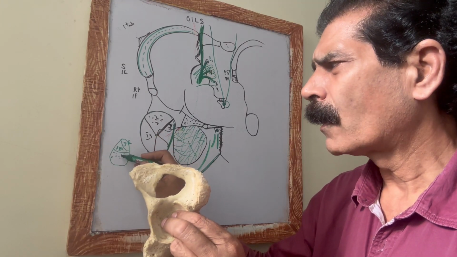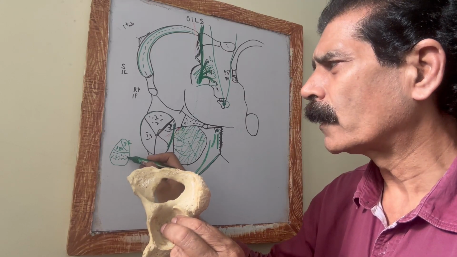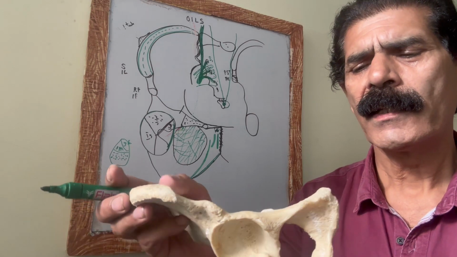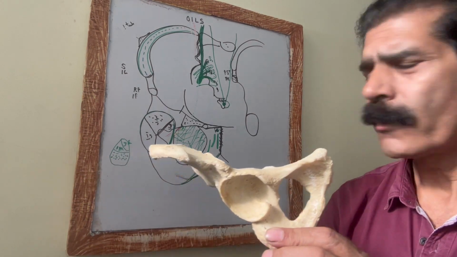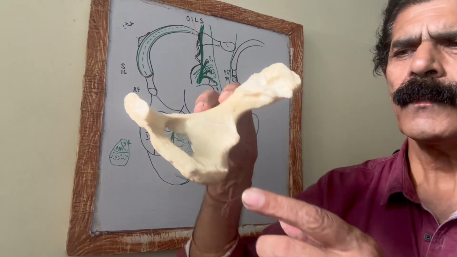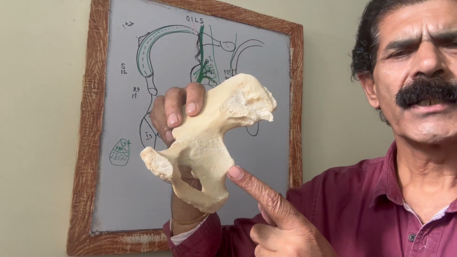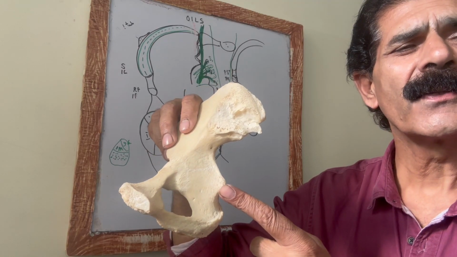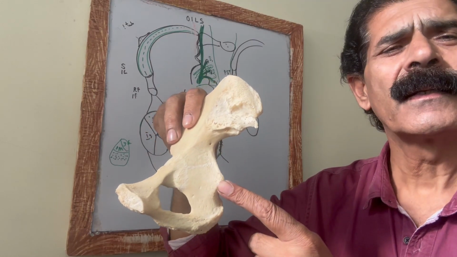The lower half of the ischial tuberosity has an upper rough area and a lower smooth area, and this smooth area touches the ground level. That's why it is the strongest and thickest part. If we go posteriorly from the ischial tuberosity, we see a pointed, sharp structure. This is called the ischial spine, and it gives rise to the origin or attachment of the sacrospinous ligament.